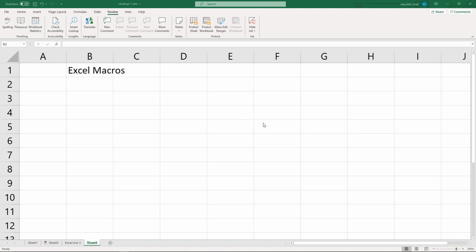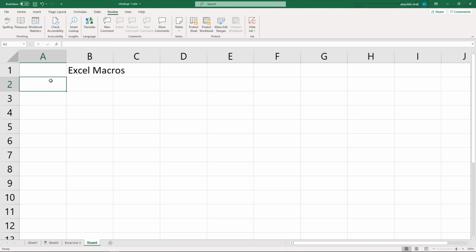Okay, our new topic is Excel macros. What are Excel macros? These are methods through which we record steps or specific tasks in Excel, and we then reapply those steps. Specifically, if your task is repetitive in nature, macros can be very useful.